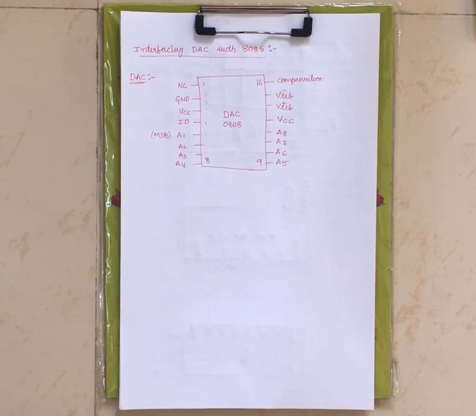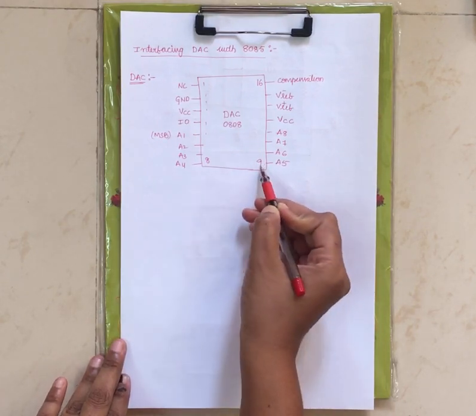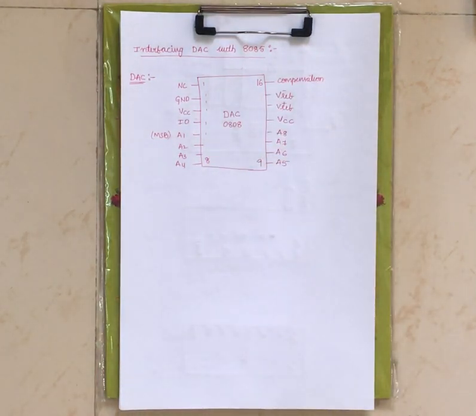0808 is nothing but digital to analog converter IC. Now this contains only 16 pins. If you observe this pin diagram, it contains only 16 pins. Let us see one by one. There are only 16 pins for this particular DAC. 8 are allotted to one side and the remaining 8 to the other side. Allocation will be the same, starting from 1, 2, 3 and so on up to 8, and 9 to 16. This is the 16 pin digital to analog converter IC, which is represented by the description 0808.